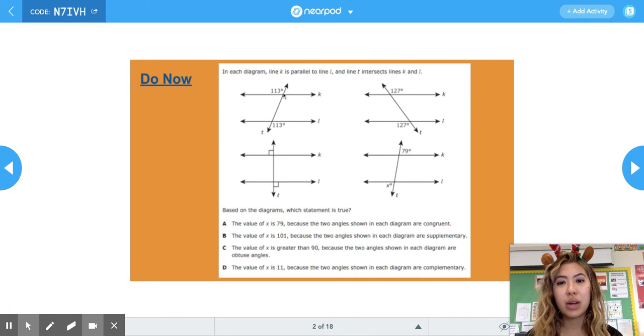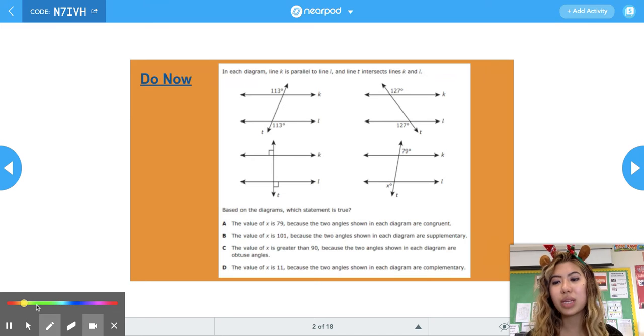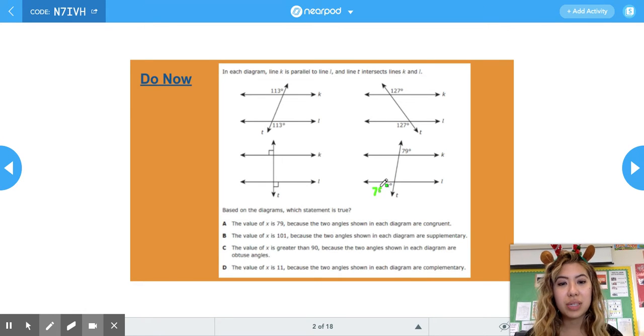So we see that this upper left-hand angle is 113, and this lower right-hand angle is 113. This upper right-hand angle is 127. This lower left-hand angle is 127. So then we're given that this upper right-hand angle is 79, and we have to figure out this lower right-hand angle. And following the same rule or pattern that we see, we can see that this lower left-hand angle would